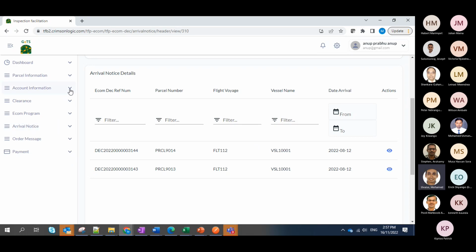Maybe one more item that I would want to show is account information. This is for the platform operators or the LSPs to submit accounting related data, which could be submitted on a monthly basis or whatever is defined, and this can be configured.